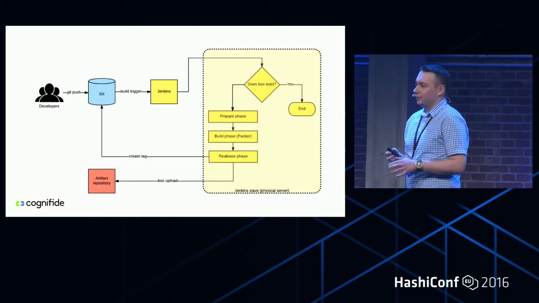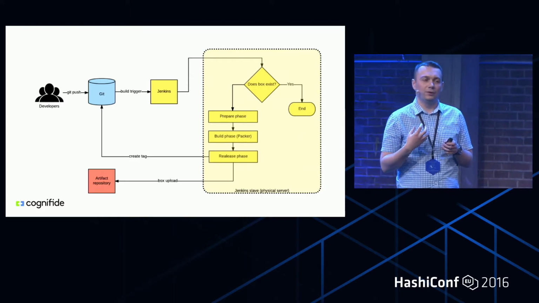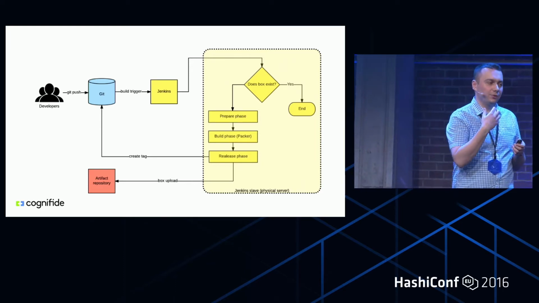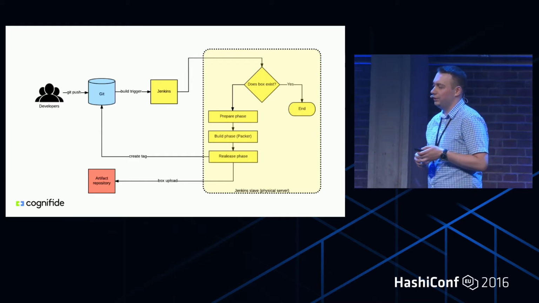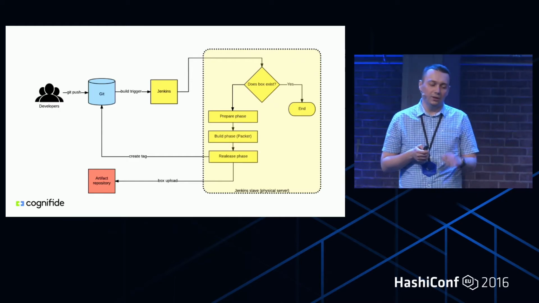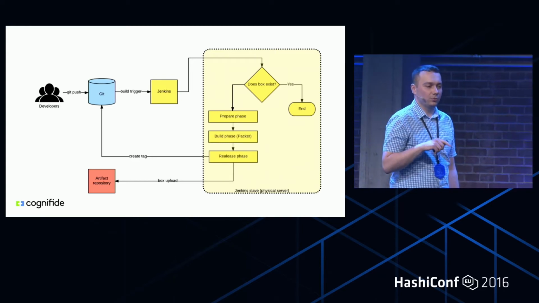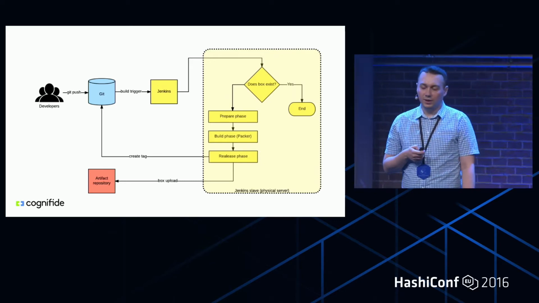The first thing that we check is whether the box we are going to build is already there. So if it's already on the artifact server, we just end the processing. If not, then we go through these 3 phases, and eventually we create a tag in that Git repository that that particular box was built, so we can get back to that anytime we need it. And we also upload that to the artifact